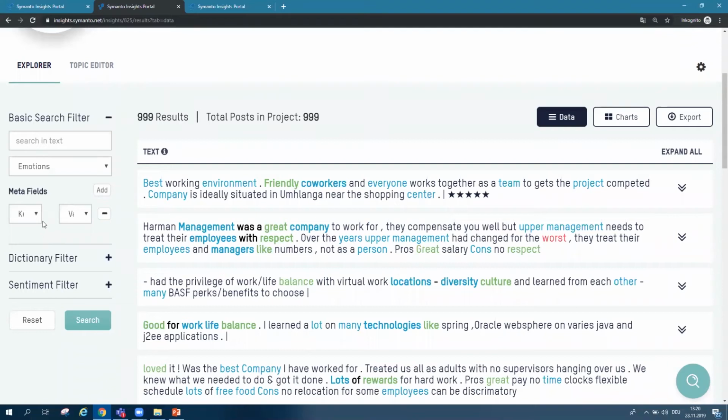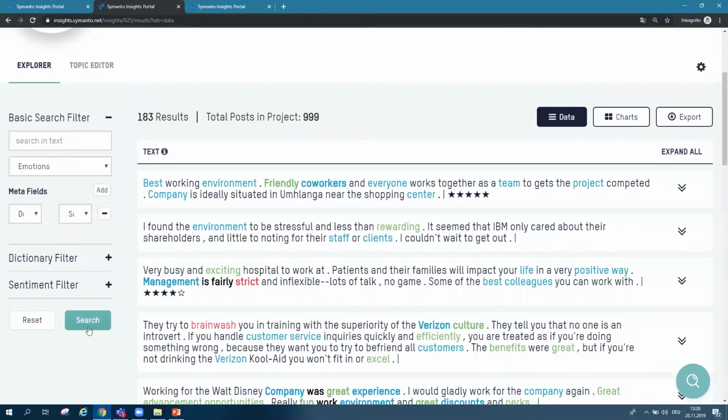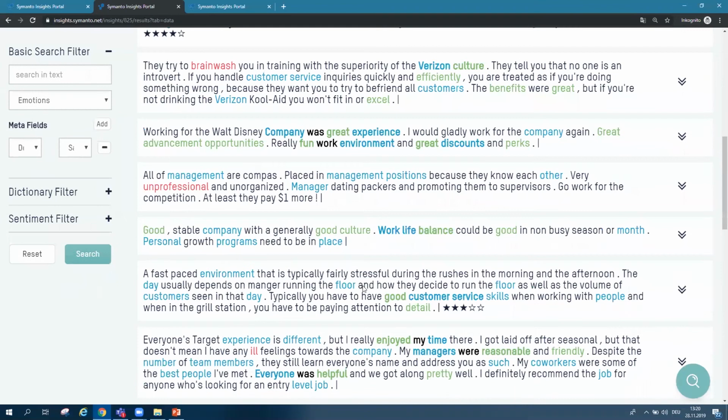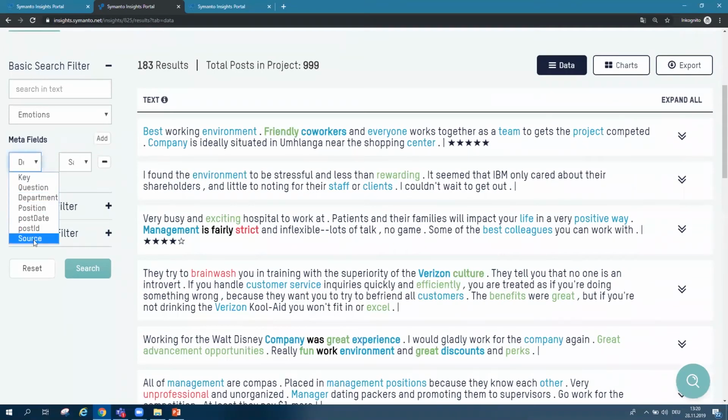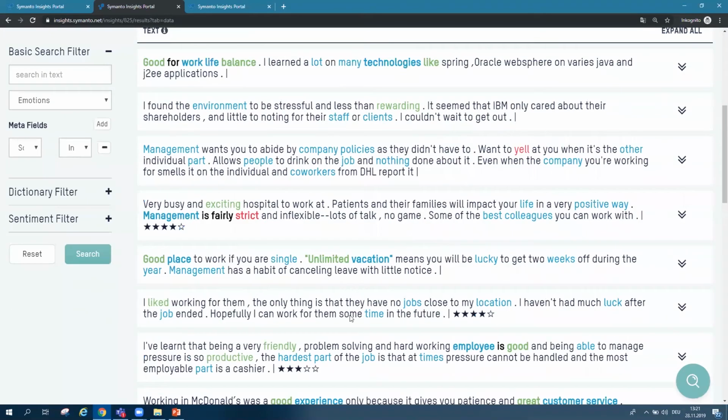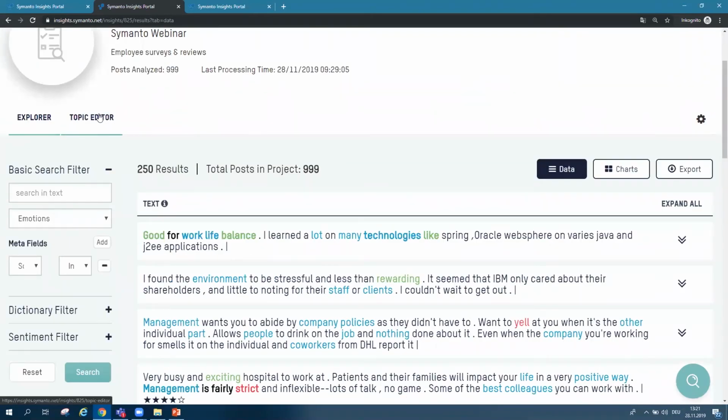You remember the meta fields we added earlier in the Excel file. You have them here as a filter option, and you can choose, for example, by department. Let's say we only want to see the results for sales. Simply click it, you filter, then you have only the 183 results made by the sales department, and only the analysis for them. You can do it also for the sources, meaning you can use your own survey data, or, for example, review data from the internet that you can add here as well, and you simply filter it and you see the results.